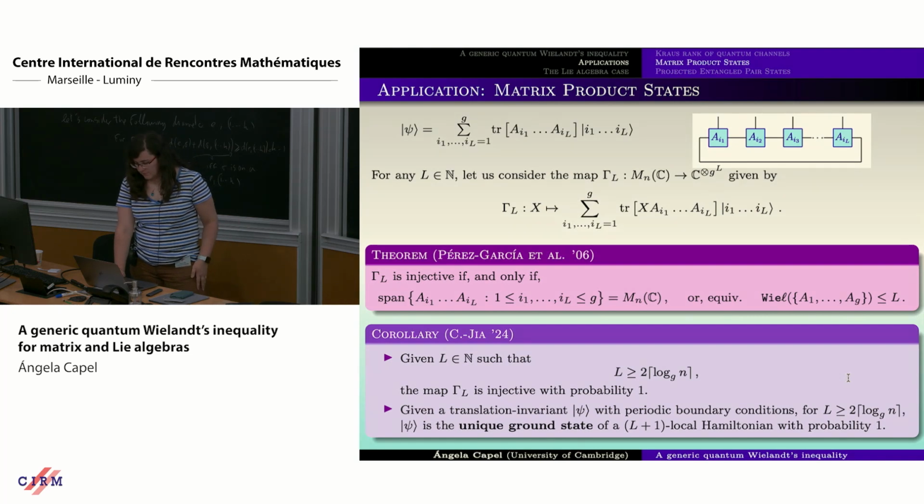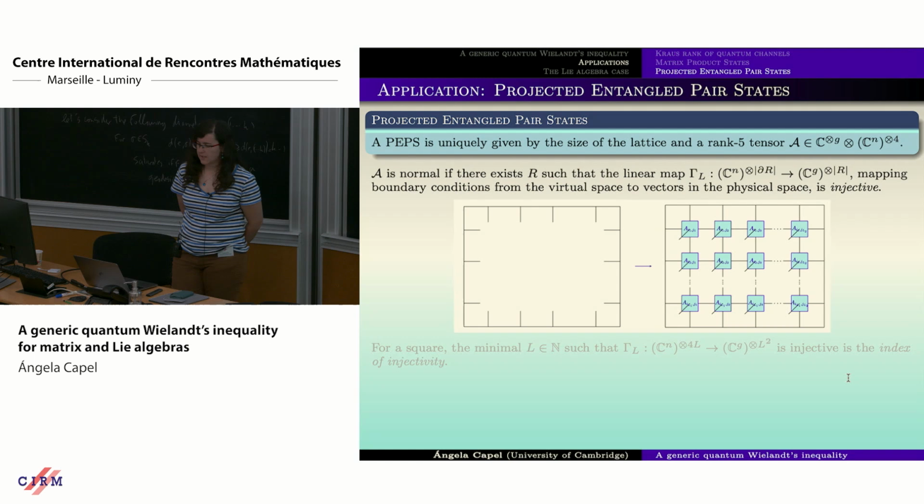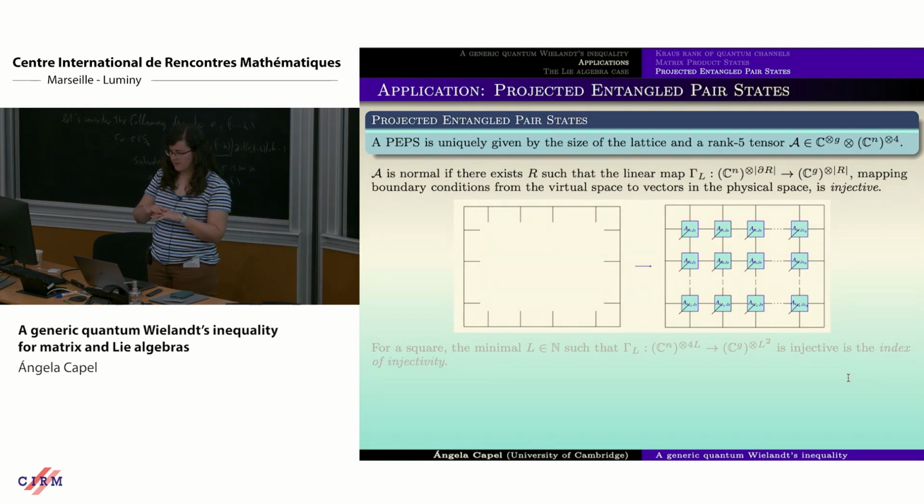Well, this is an interesting consequence in the context of matrix product states, but this is maybe not super surprising. There were already some results in this direction with higher lengths, but still, this was not incredibly surprising. But the interesting thing is that you can actually extend this now to more dimensions. So if you go to the context now of projected entangled pair states, and you consider now lattices in 2D, for example, you can do exactly the same. So now you can generate your map gamma L that brings, again, the virtual indices of the boundary to the physical indices of the bulk, of the PEPS.